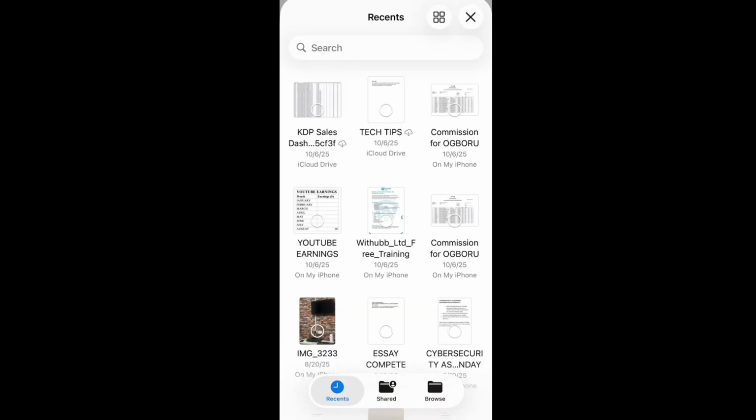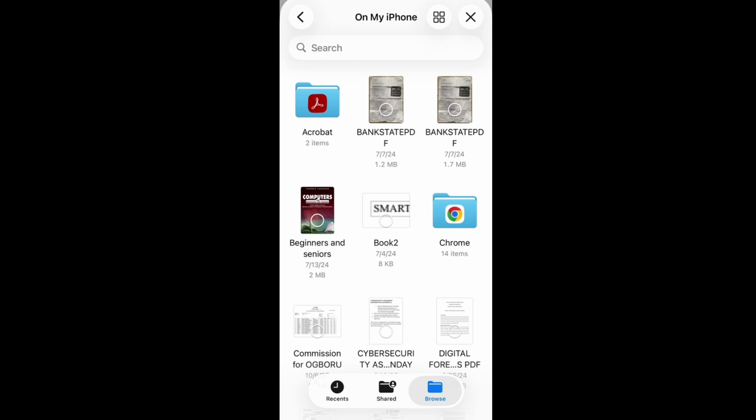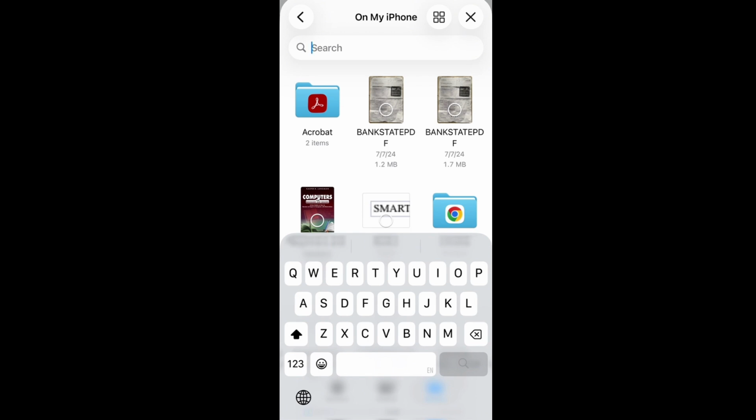Now tap on the browse apps option, which is at the bottom. Then I'm landed on my iPhone location. You can see that at the top part. So get to the Word document file you want to send to Kali Linux. If you can't find that, you can use a shortcut by tapping inside this search section and then type